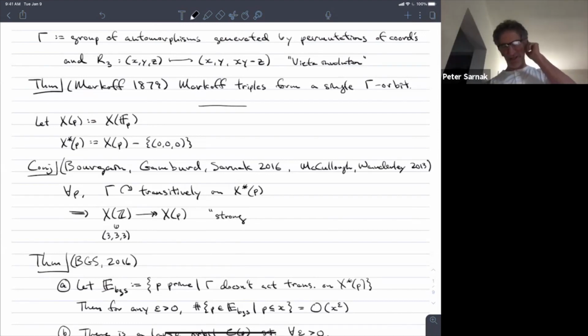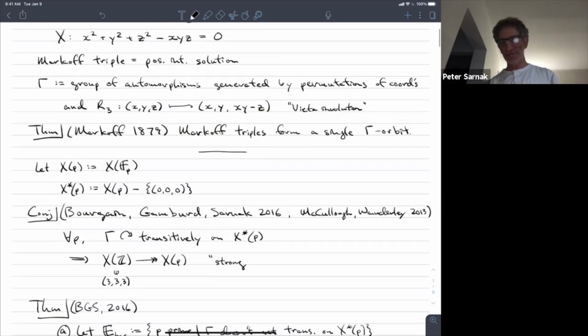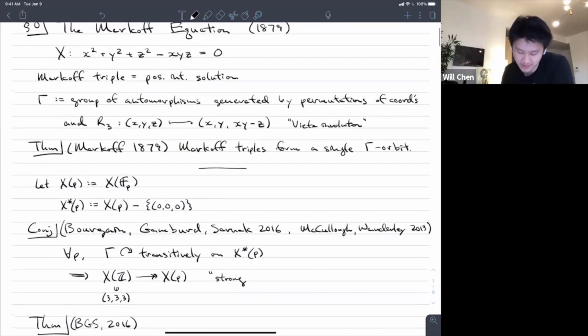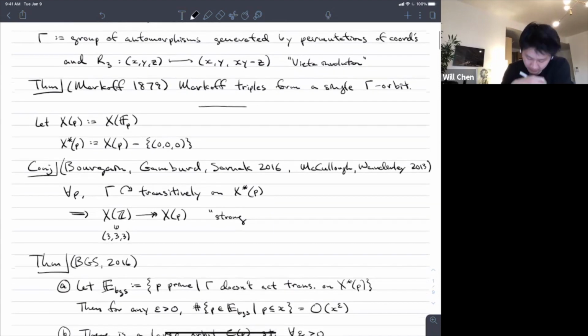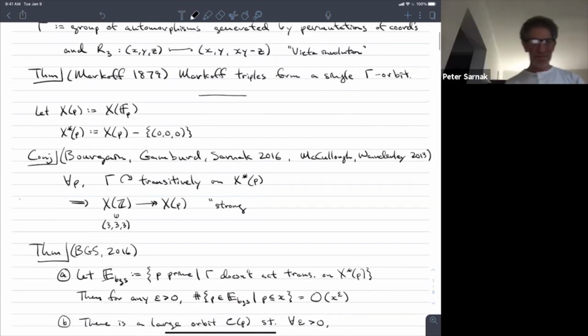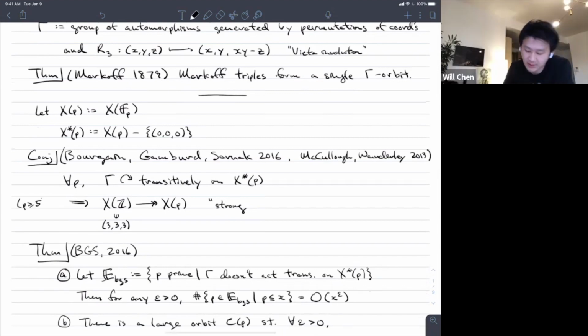The way to fix that up is really he should have a 3 there if he's talking about exactly Markov, and then it fixes itself up. But it's a minor point. That's true. Then you do 1, 1, 1. Yeah, then you do 1, 1, 1. That's correct. Let's just say p is at least 5. So essentially, every time there's a p involved, you can always assume that's at least